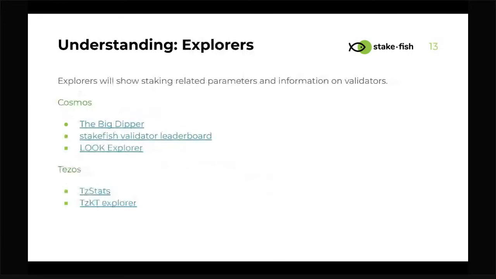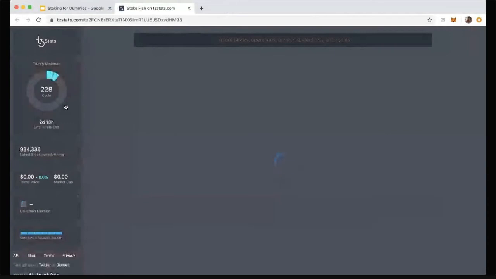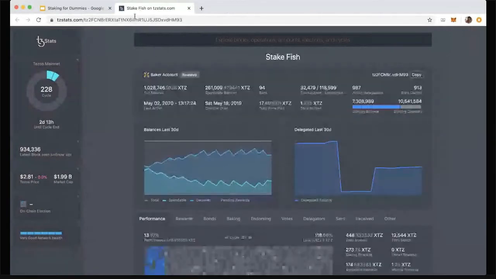And then to look at the real live staking related parameters, you could search for some of the explorers. And I'd like to just touch on TzStats specifically as an example. This is a Tezos explorer, but interestingly, what they do is they go very deeply into analyzing how well the validator has performed.